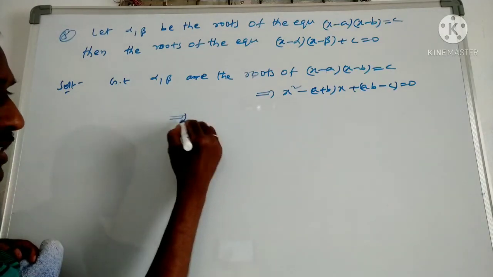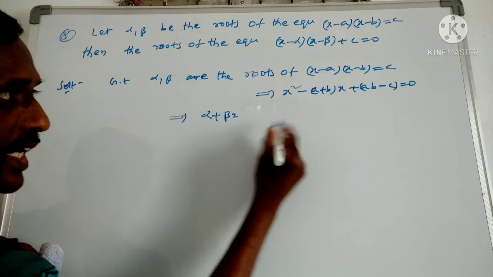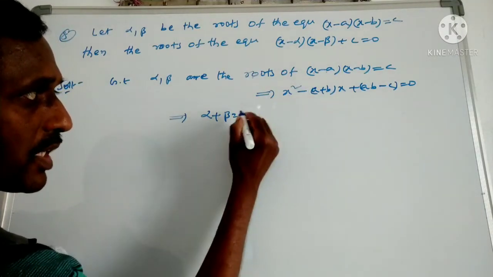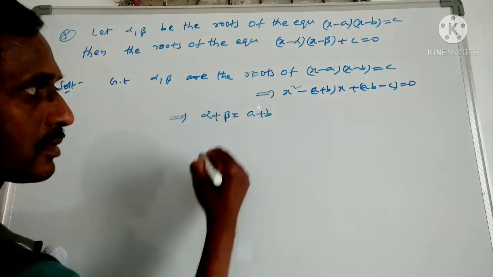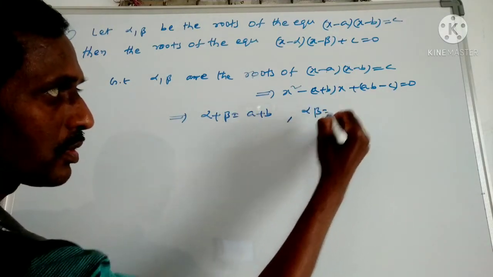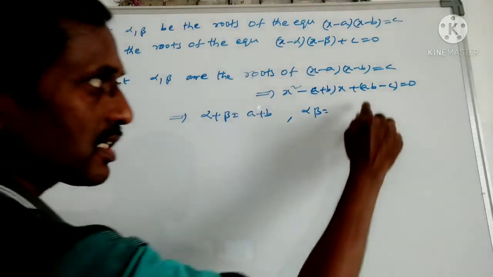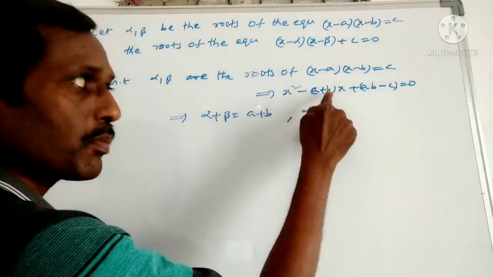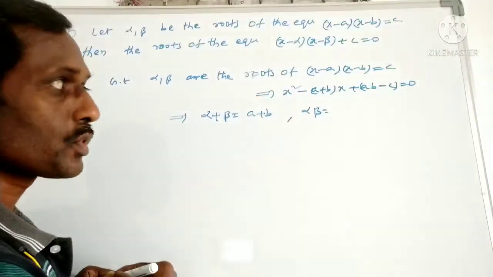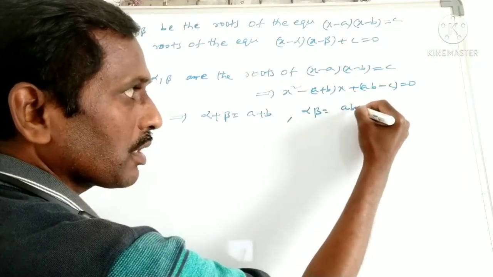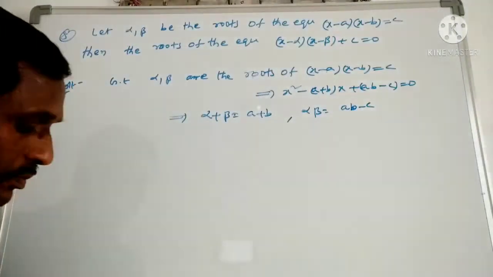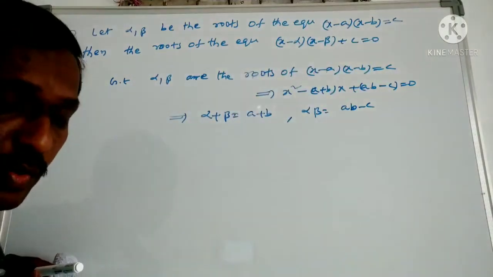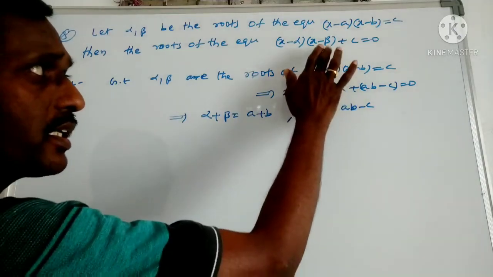Sum of the roots is minus b by a. Here the b value is minus (a plus b), so minus already there becomes a plus sign. Next, the product of the roots is c by a. What is the c value here? This total is ab minus c, because the quadratic form is ax square plus bx plus c. So the product value is ab minus c. Now what is the question? For this equation we have to write what the roots are.